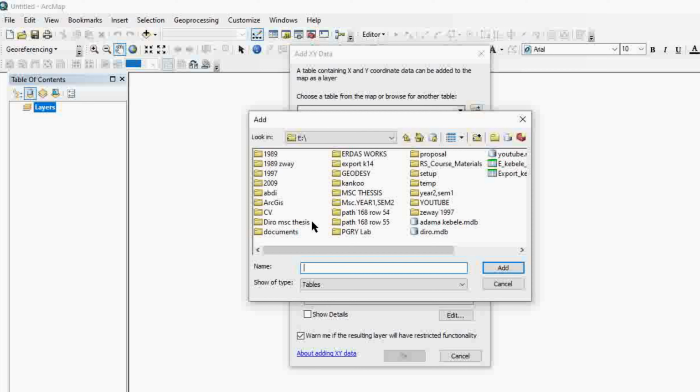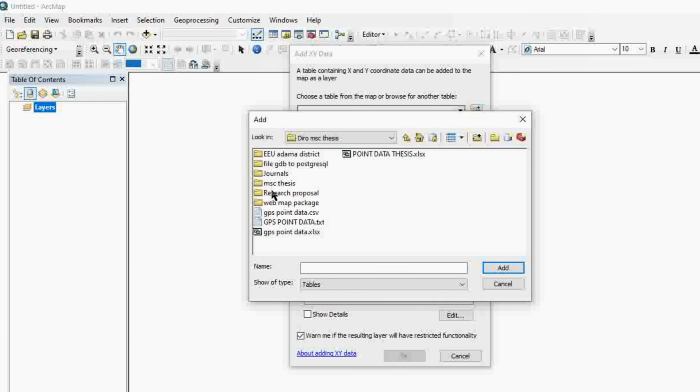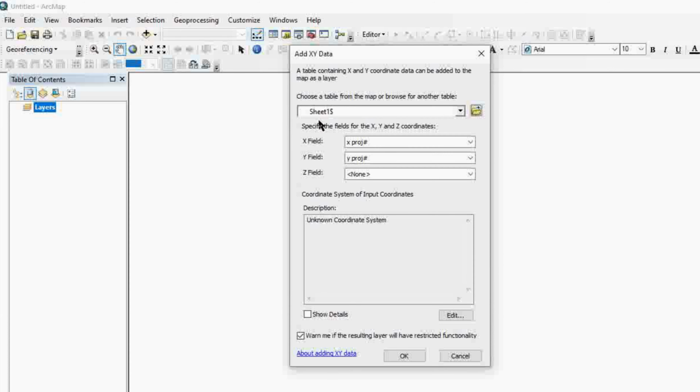My file is located in this folder. This one is the XLSX file I want to add to the ArcGIS environment. So double click on it, and the file is this one, Sheet1, and click Add. Then the X field is X projected by default, but you have other options to display